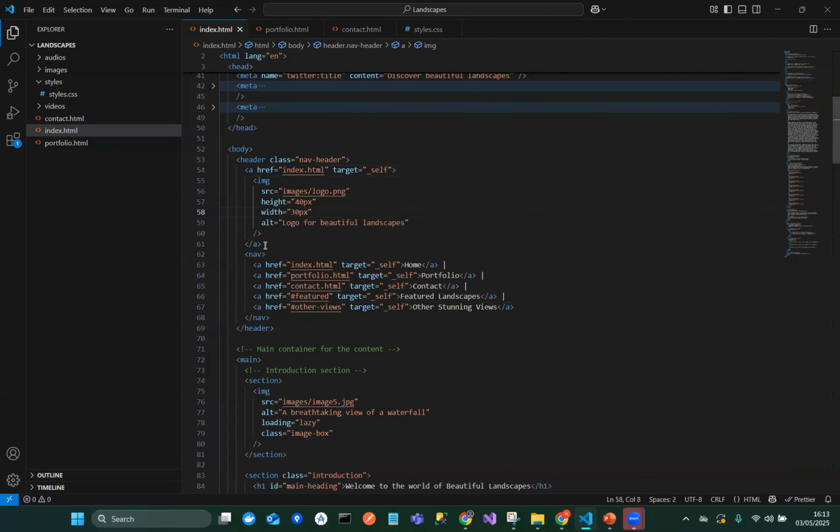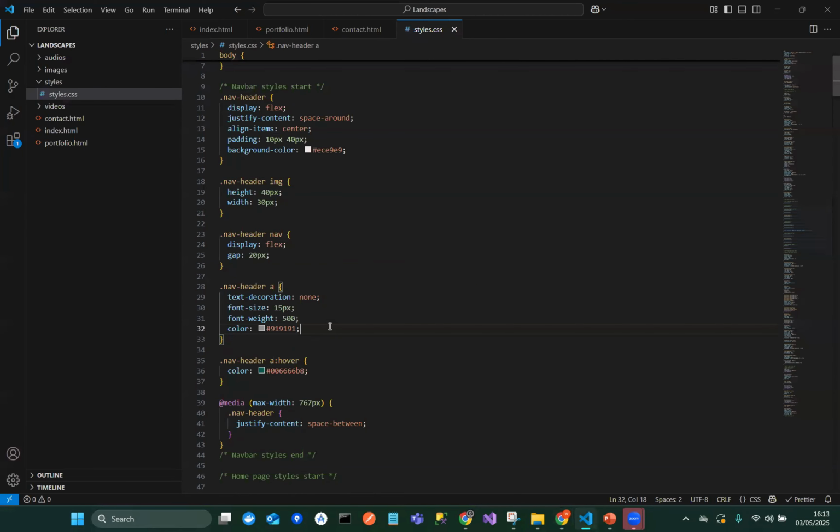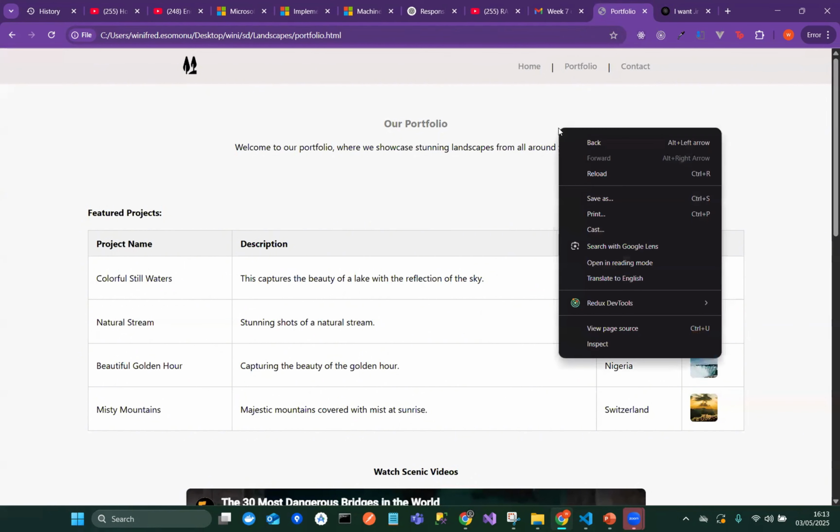But space-between is going to treat them separately. This as a separate item, this as a separate item, just separate them, put a space between this and this. So that's why you see that it's still using space-around and everything just looks like equal space, equal space, equal space. But I want these two to be clearly separated on mobile. So I'm saying space-between. I don't know if this makes full sense, but let's see what this will do for us. So that's what I just want, right? And if you notice, it's a subtle change, but this looks like it's more separated from the logo now on mobile. But if I switch back to desktop, it just looks the way it looked before